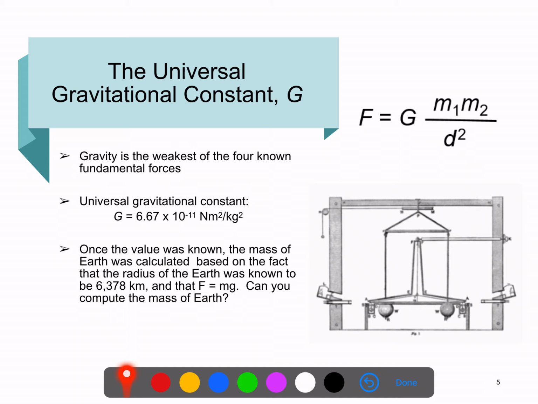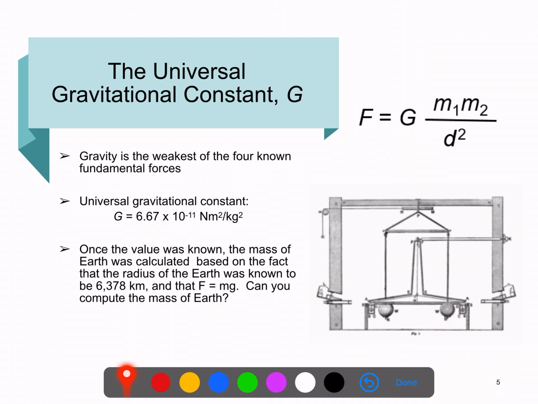Anyway, the way in which you need to experimentally determine this capital G was technically very difficult to achieve. And so although some attempts had been made, it wasn't until more than 100 years after Newton developed the universal law of gravity that the Cavendish experiment was performed at Cambridge and was able to measure the value of G. So here's a picture of the experiment.